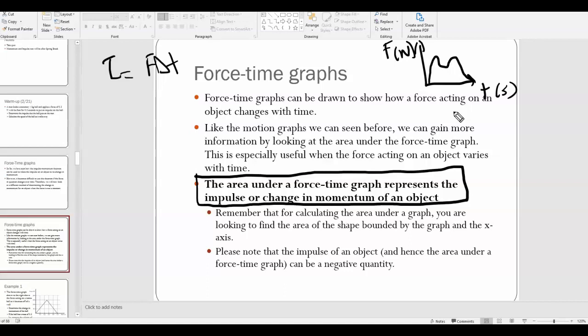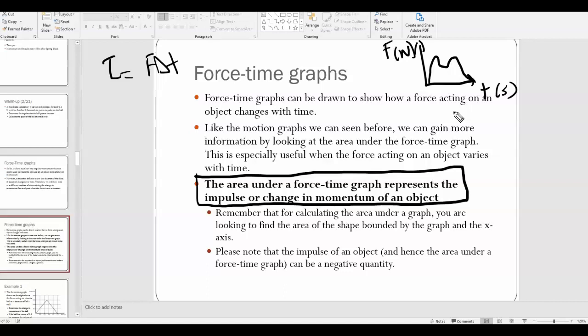Most likely you would see shapes involving squares and rectangles and triangles like we've seen before in the past. But this idea that I put the box around is still true. Even if you don't know how to geometrically find the area, that statement is still true. Now, when I say the area under a graph, what I mean is the area bounded between the graph itself